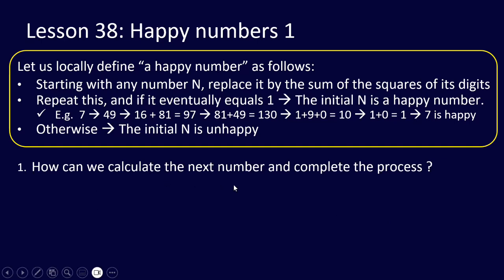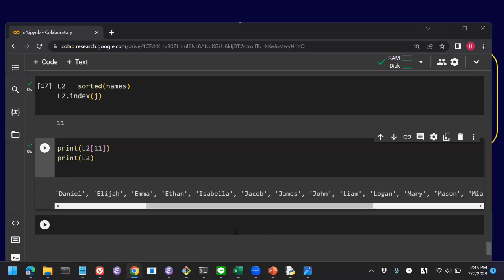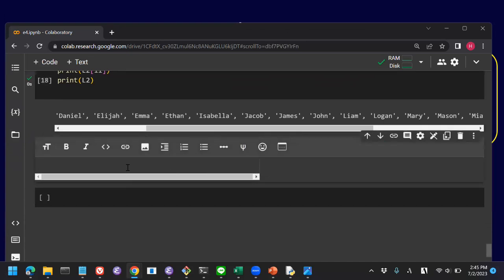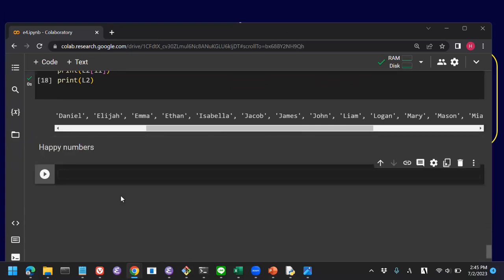How do we calculate the next number and complete the process? First, calculate the next number. So implement this: change the number. To do that, think about it. I'll give you a hint: change the number to a string and put it into a list. Okay, let's do it. Let's make a title box with happy number. If the number is n,